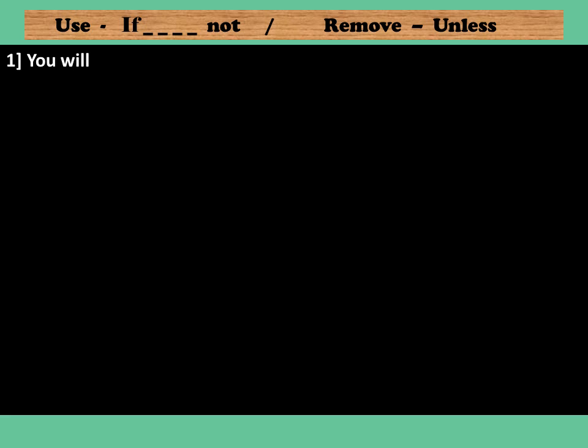You will not leave this place unless you pay the bill. In this sentence, unless is in the middle. Here, don't worry. You can also use if not. In place of unless you should write if, and after the use of if you can write not